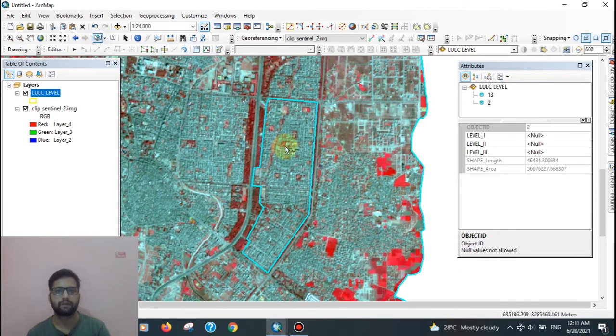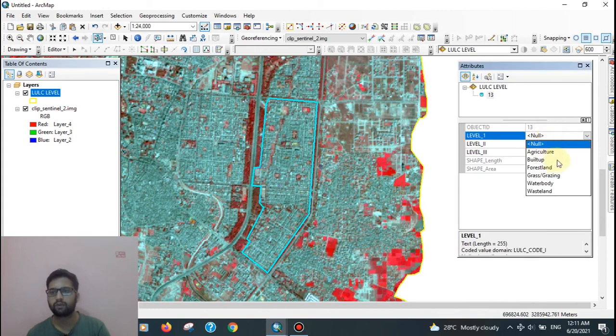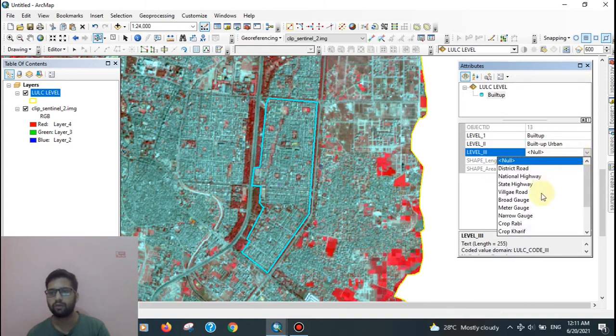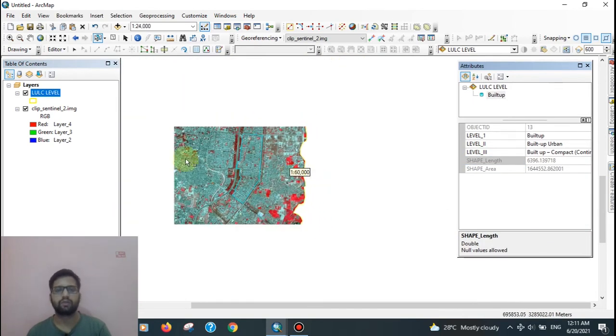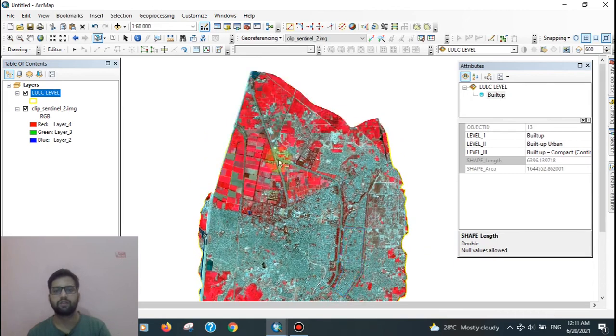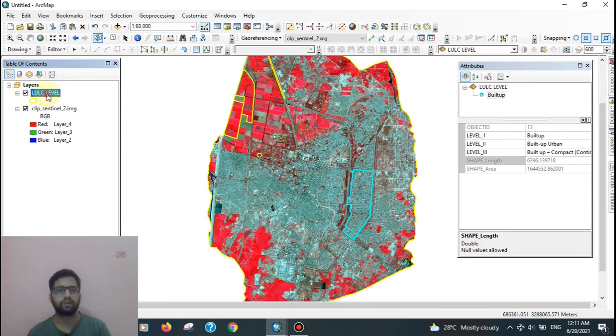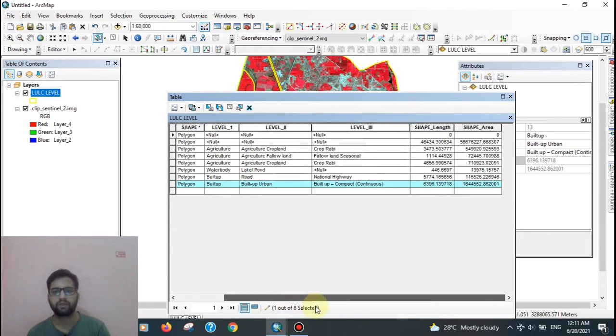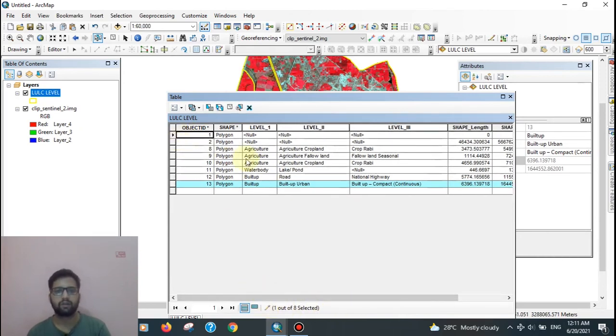So select, that is build up level 2, build up R1, okay, and it is built up compact. So by this process you can digitize all the classes, okay. Here the attribute table. So now you can see that is the level 1, level 2, level 3 classes, okay.